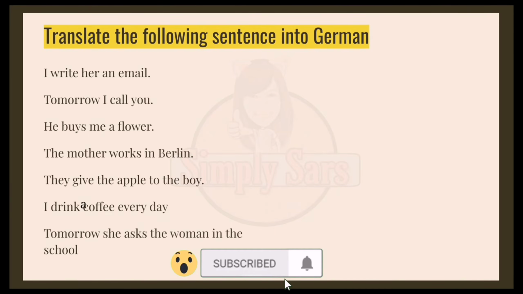Hindi ko na kailangan i-post ng matagal to just to wait for you. I will give you directly the answer and then you can pause din naman kung ayaw nyo muna makita kagad yung sentence na i-explain ko sa inyo, yung correct answer. So,